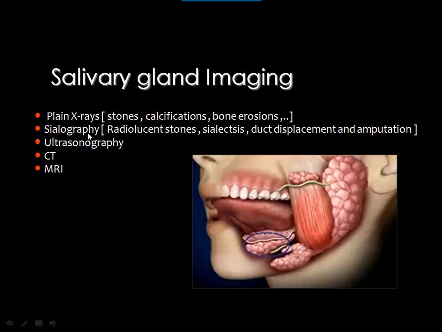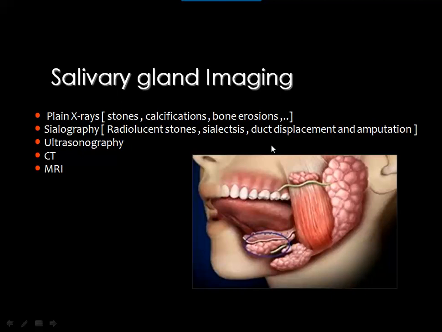Sialography is one of the techniques that was frequently used in the era before CT and MRI for detection of radiolucent calculi, the diagnosis of sialectasis, and to show some duct displacement or amputation in cases of space-occupying